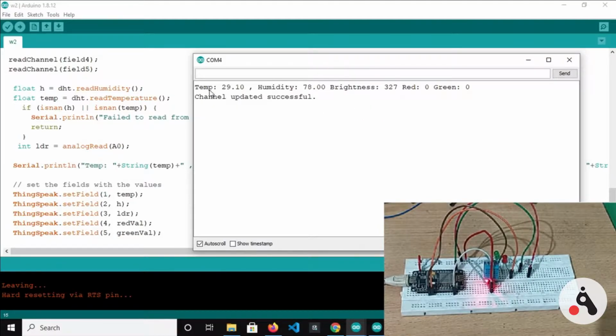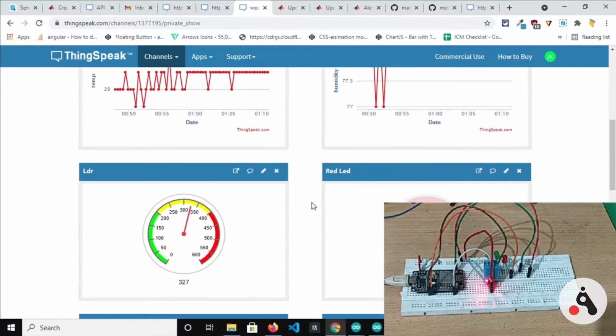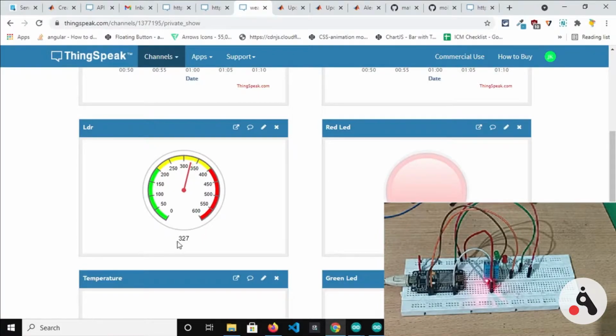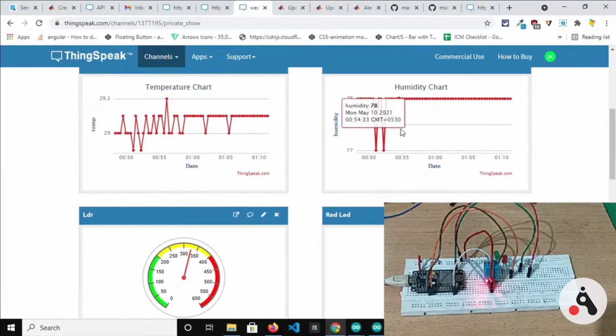Here we can see that temperature is 29.10, humidity is 78.00, and brightness is 327, and we can see the same 327 as the brightness here. The last values we have got are humidity 78 and temperature 29.1.